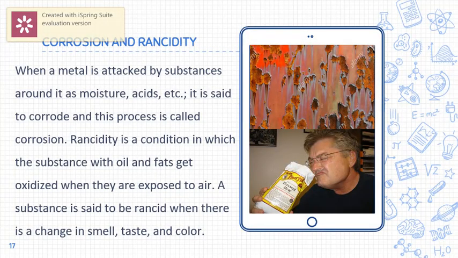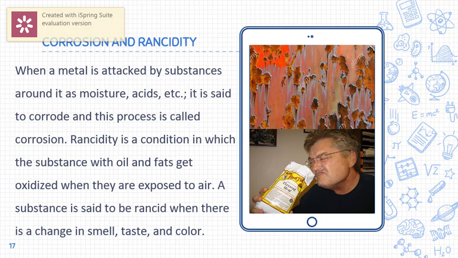We are clear with what is oxidation, what is reduction, what is a reducing agent, what is an oxidizing agent, which substance is oxidized, which substance is reduced, and what is a redox reaction. After knowing all these terms, now we will go to the application level of redox reactions. In everyday life, we see some reactions which are happening because of what? Oxidation and reduction. There are many reactions, but among them I have selected two examples. They are corrosion and rancidity.